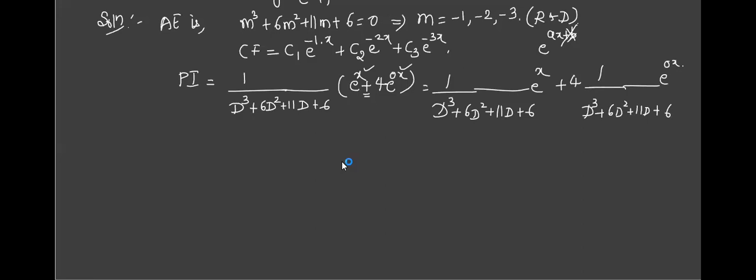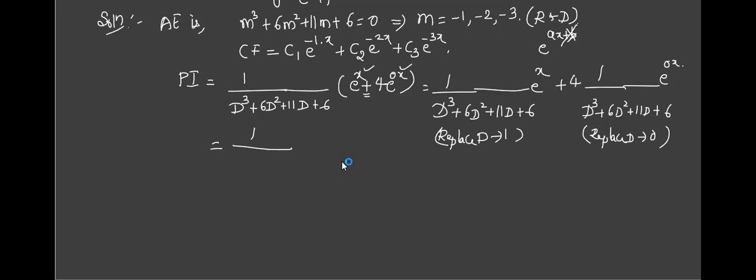Think about it now. What does the procedure say? This is exponential. What do we have to do? Replace d by 1, then replace d by 0. Let us do it for the first term first. All the d's you are replacing by 1, and all are positive. So is it going to become 0? Surely not. This will not change.